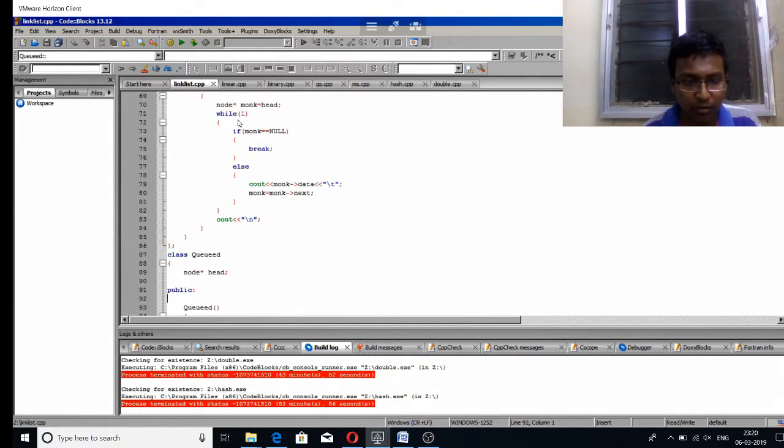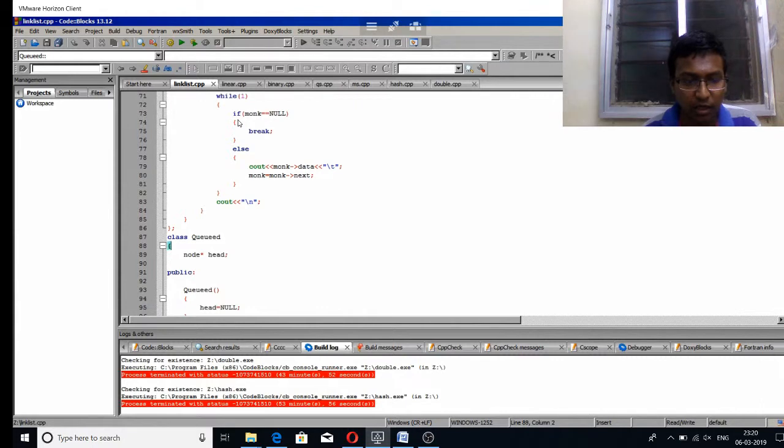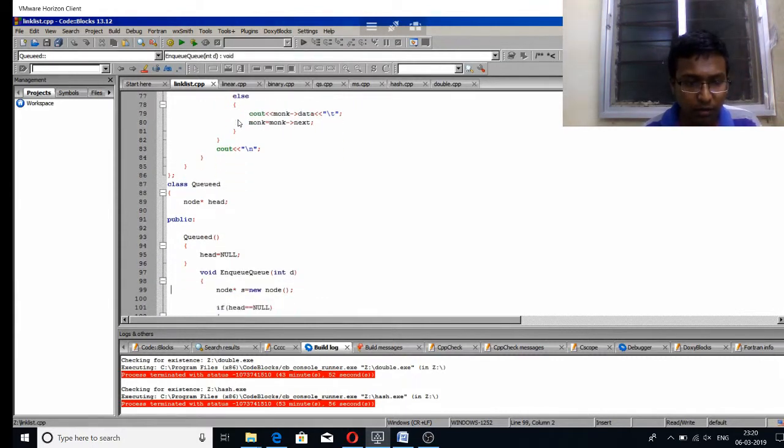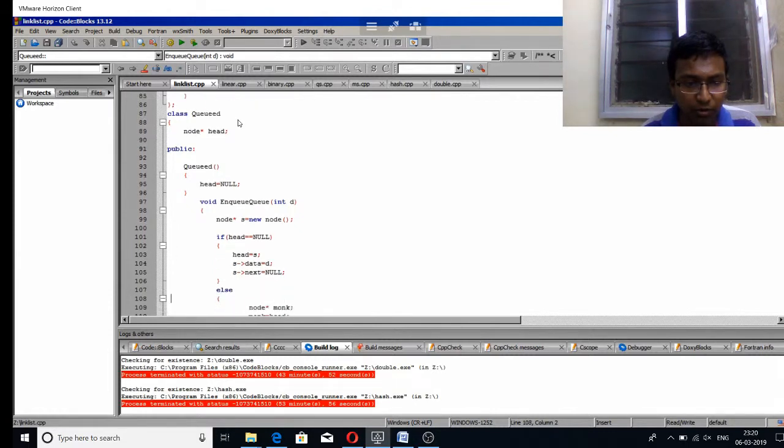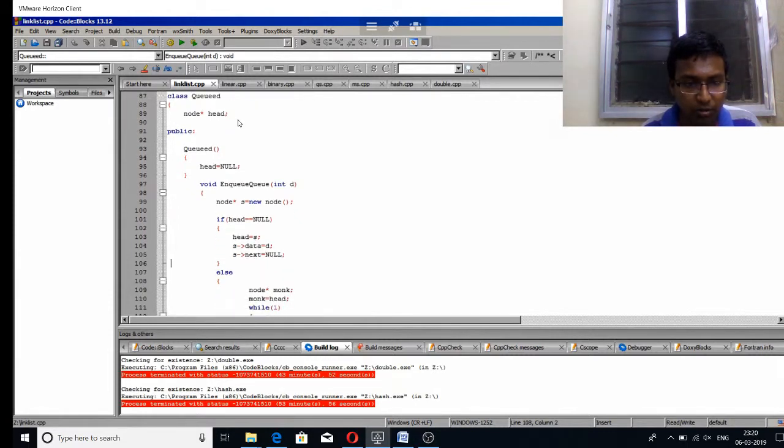For the queue, the same thing: we are creating a head here, and for the queue we are giving a null constructor here, and we are assuming head equal to null. Afterwards we are giving void enqueue of int d. We are creating a new node. If head equal to null, it wants to insert the data. For the insertion we are giving the keywords here. If it's not,